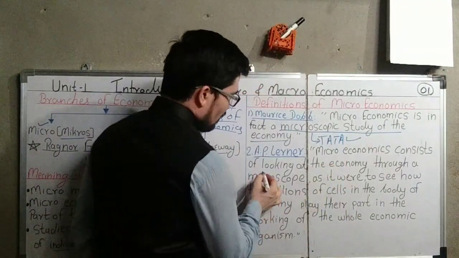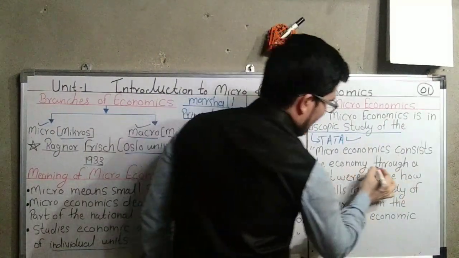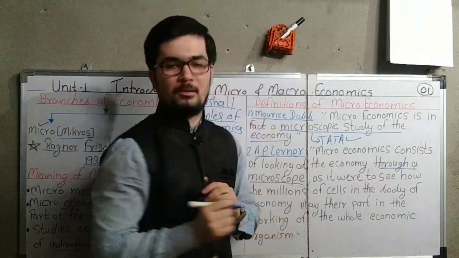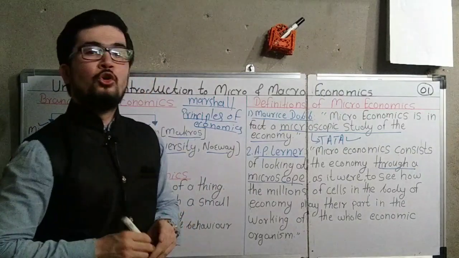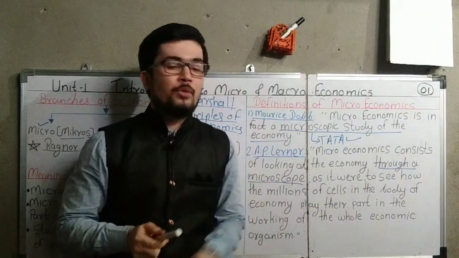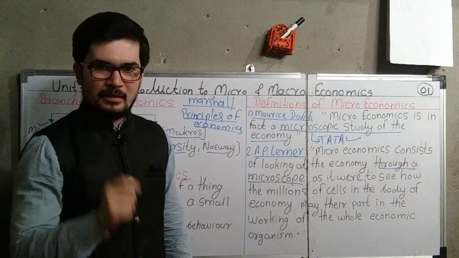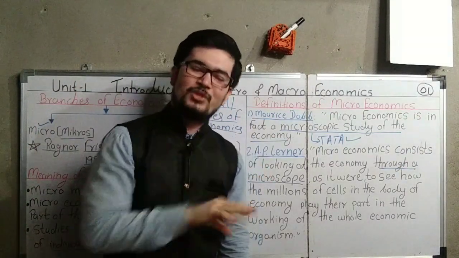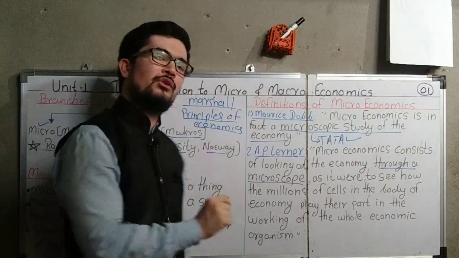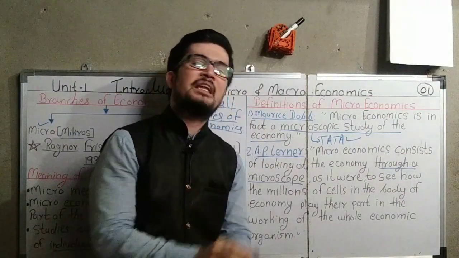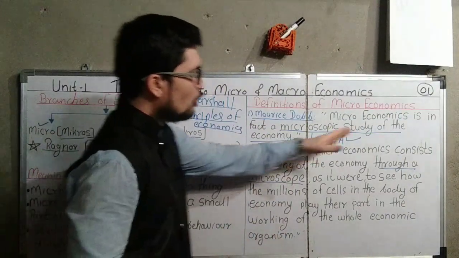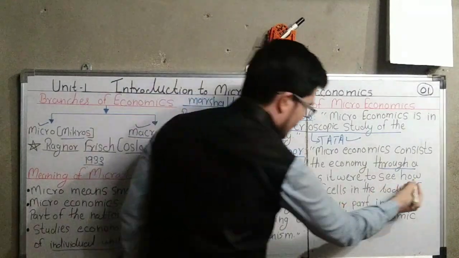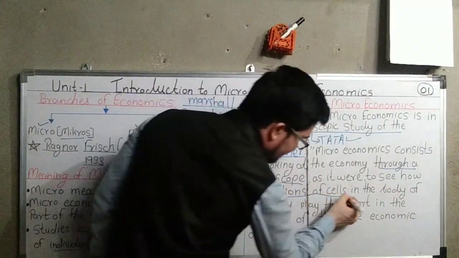Microeconomics consists of looking at the economy through a microscope. Again the word microscope comes here. Okay, what does this mean? Looking at the economy through a microscope. If we take the microscope and look at some particular thing, we come to know the details of that particular thing. That is why microeconomics, because in microeconomics we discuss one single commodity in detail, it is known as looking at the economy through a microscope, as it were to see how the millions of cells in the